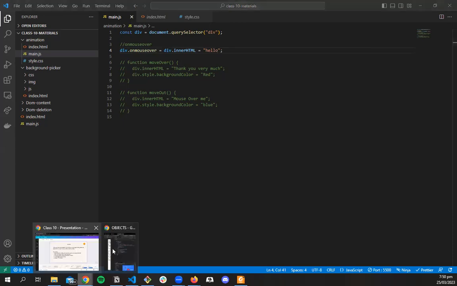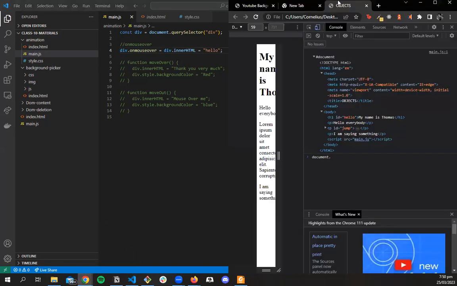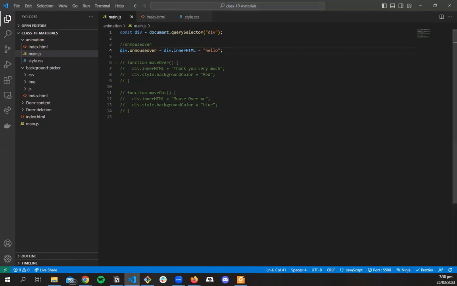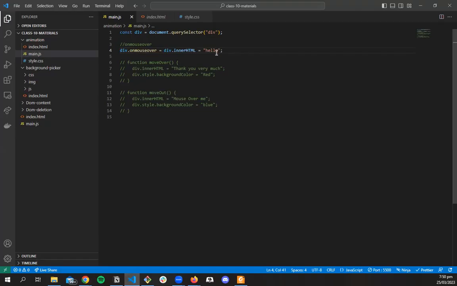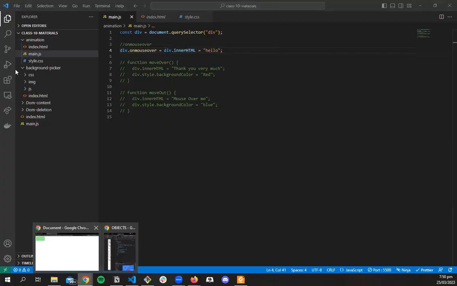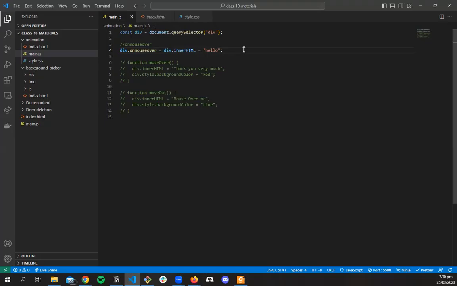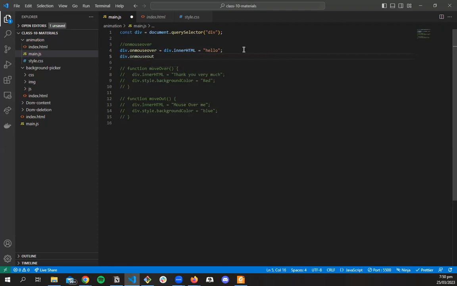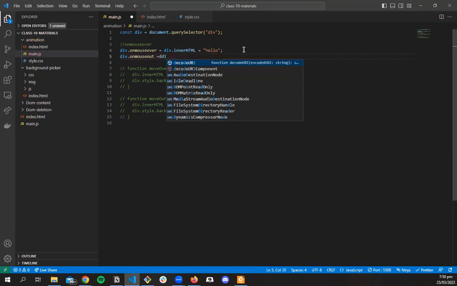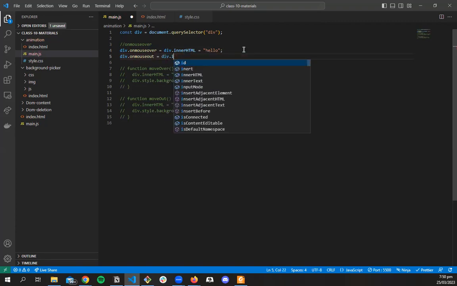So if we refresh this, where is it? Okay. So now all we are saying is, by saying that when the mouse passes over, we just want to change the content to hello. And let's say when the mouse moves out, so div dot on mouse out. These are just events that come with JavaScript. So we are just doing something based on the event. So if the mouse is out of it, maybe we want to change the content to,